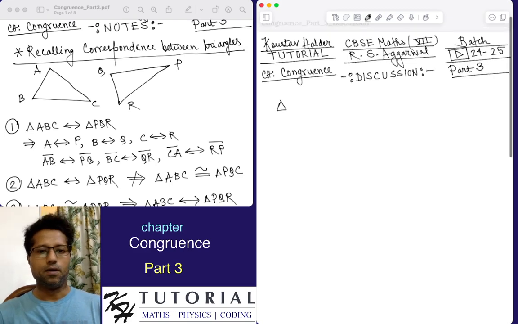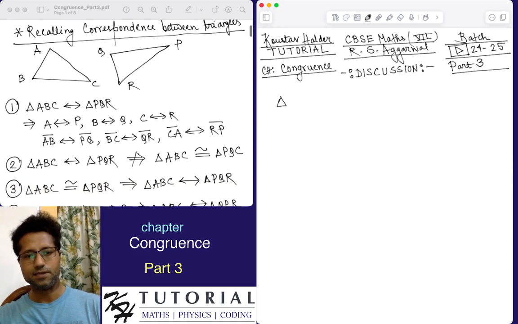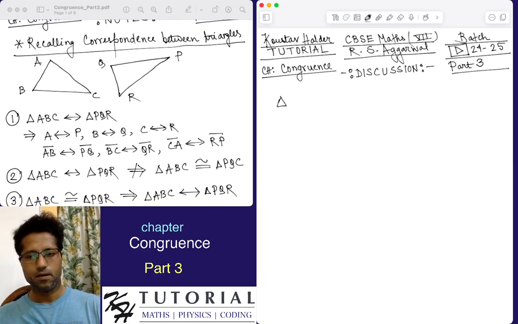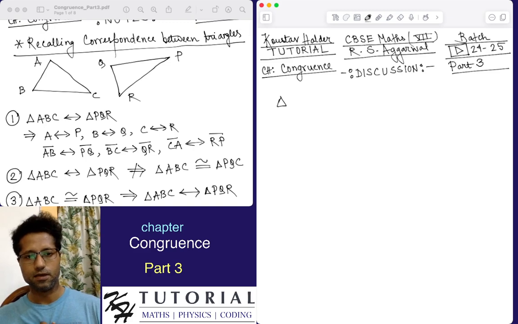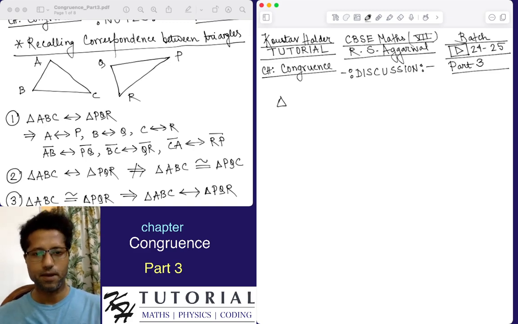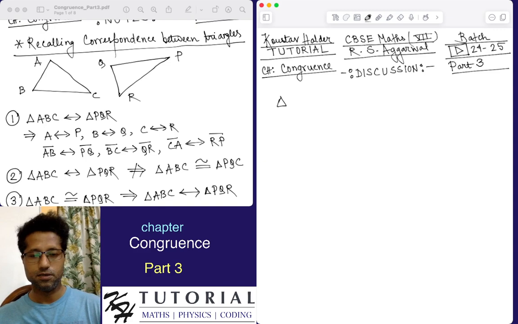Now, point number 2 says that if a correspondence is established between two triangles, let's say triangle ABC is mapped to triangle PQR, this does not imply that triangle ABC is congruent to triangle PQR, because it may be the case by doing this